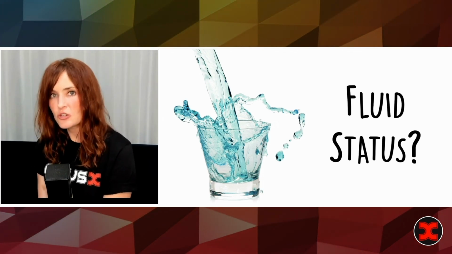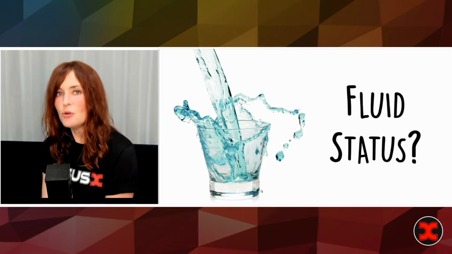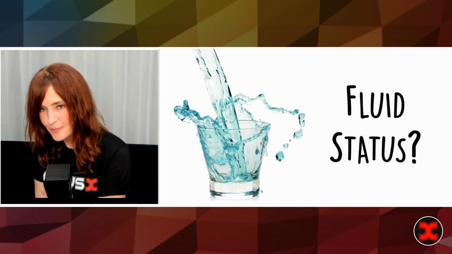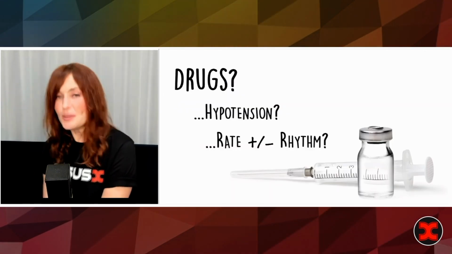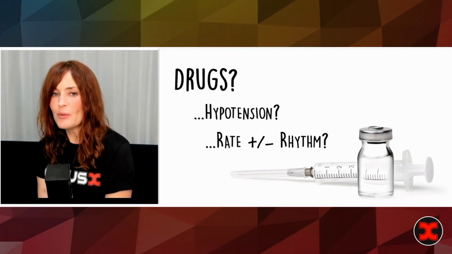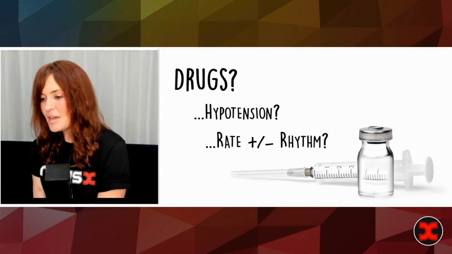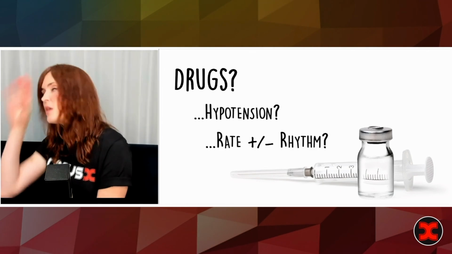So assessing your patient's fluid status and trying to correct it can be a really important thing. And if you don't do that, and that's a big contributing factor, it often won't get better. Now, finally, drugs. When I'm talking about drugs for AFib, I talk about it in really 2 categories. 1, drugs for hypotension. That whole thing about we can't possibly sedate them to cardiovert because they're hypotensive,